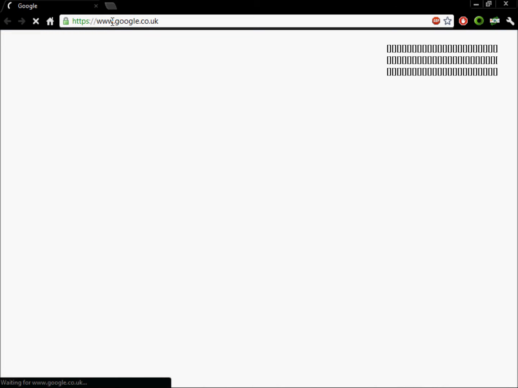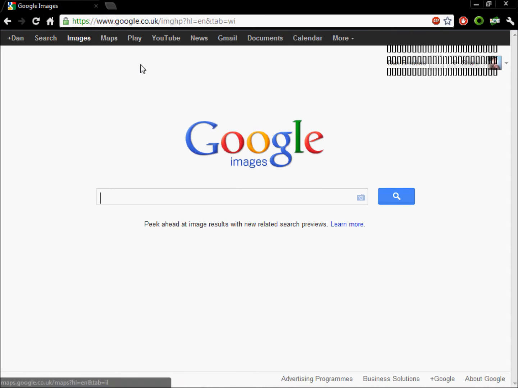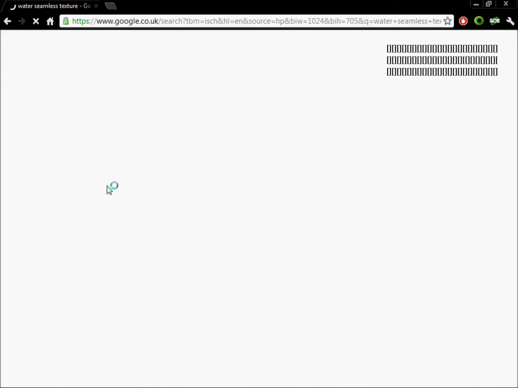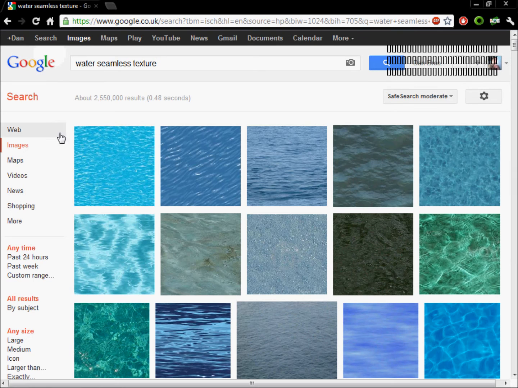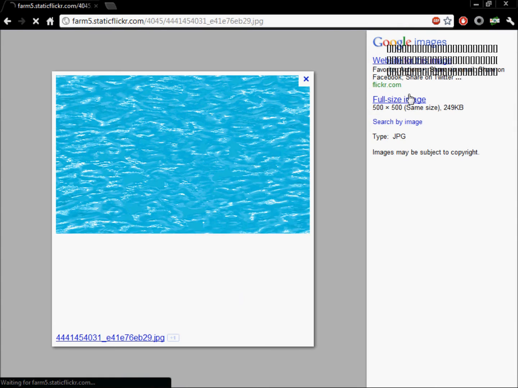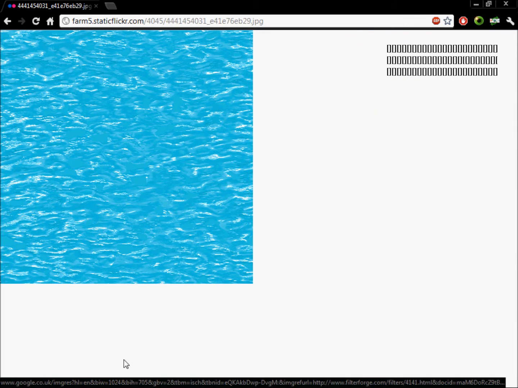Oh, come on. There we go. Go back to here and type in here water seamless texture, like so. And I like that one, yeah. And so file, save as,